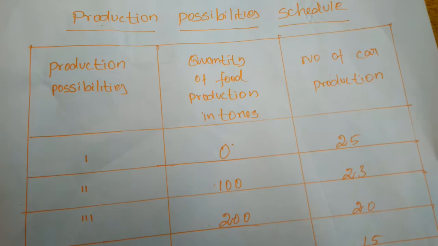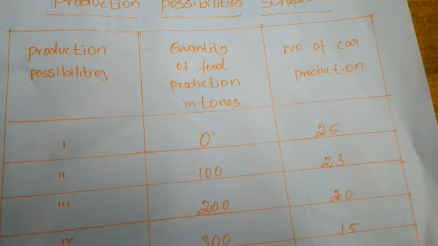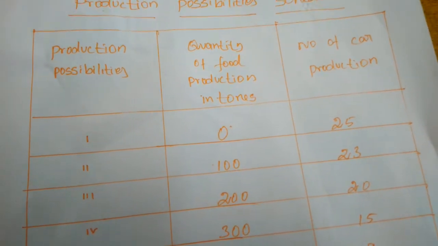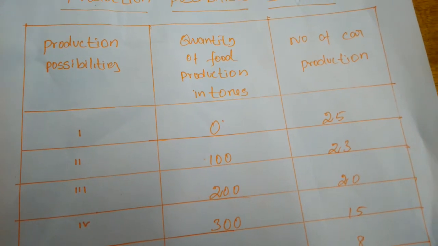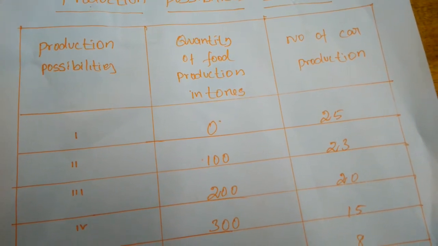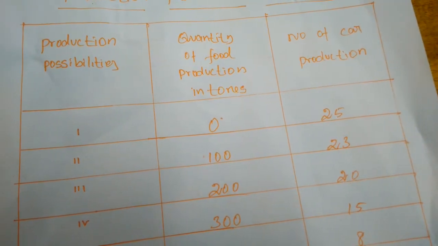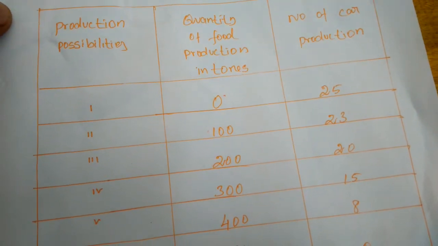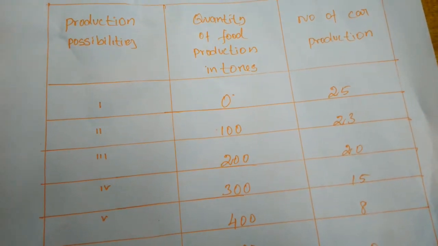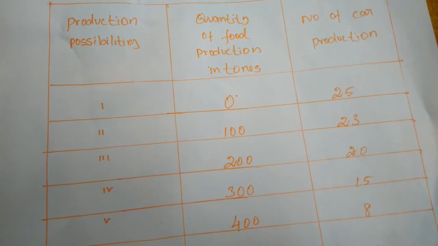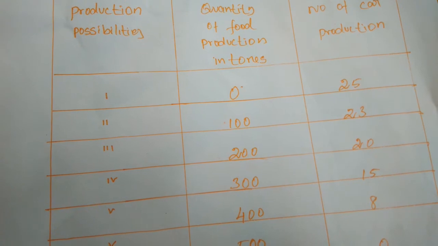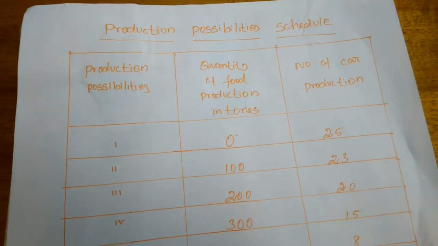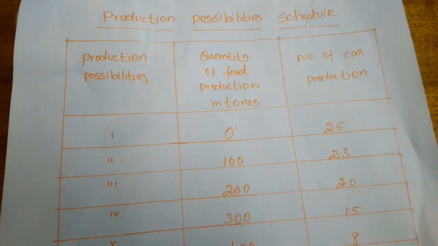The production possibility curve is a geometrical device with which we can easily understand the problem of choice between relatively scarce commodities and limited productive resources. When we have to choose one of two commodities to produce, how can we choose? On the basis of the production possibility curve, we can easily understand it.